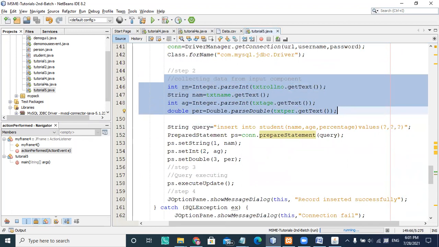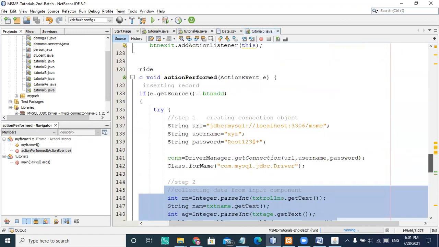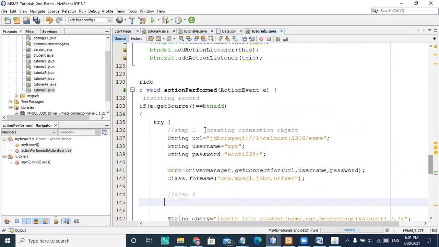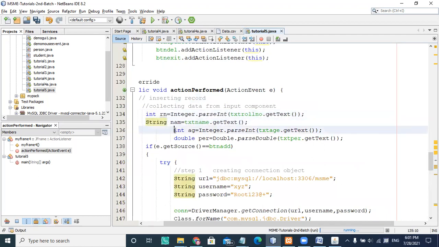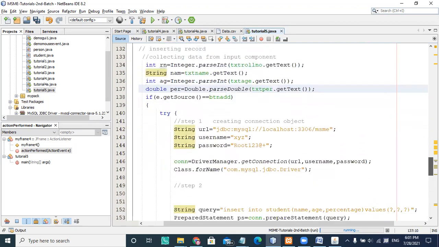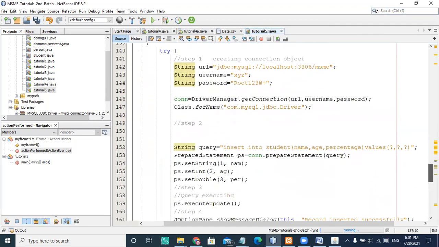If you want to use this collected data somewhere, such as in action performed, you can declare it by writing collecting data here. Once you collect this data, it is applicable for all the functions, so I'm setting it outside the block of each event.